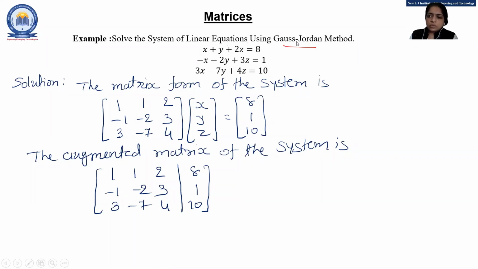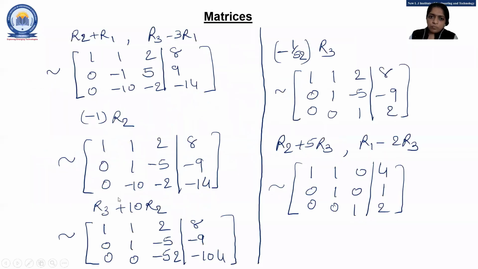Okay, so they particularly ask to use the Gauss-Jordan method and they give one system here. We convert this system of equations into the matrix form. This is the augmented form. Here we have to apply Gauss-Jordan. So here my leading element is already 1. Now I'm going to convert this -1 and 3 into 0, right?